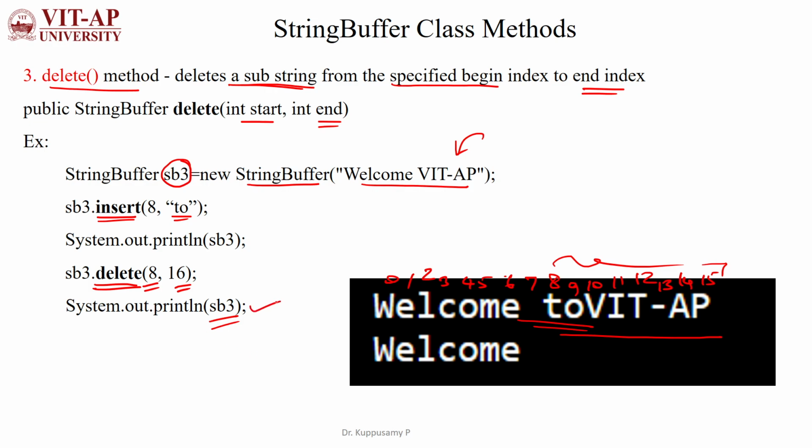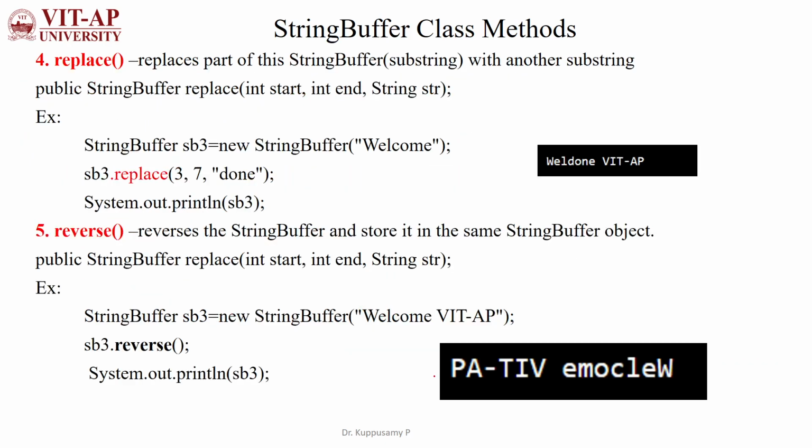So after that, when you are printing, you will get only from 0 to 7, and 7 is space. So the delete method is used to delete a substring from the given string, and the replace method